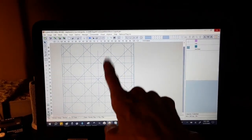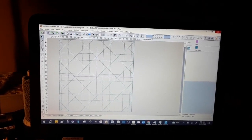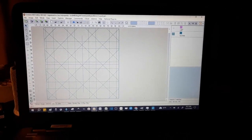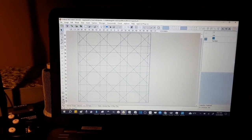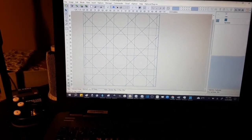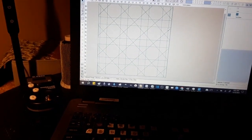And there's a crosshair in there. I use that for centering and to check for rotation when I'm at the embroidery machine, but let me hide that. So there's the design, and it's square because with the mesh,